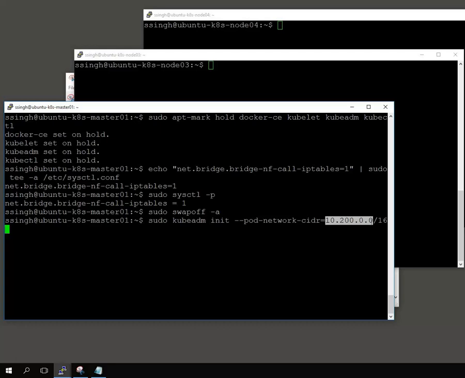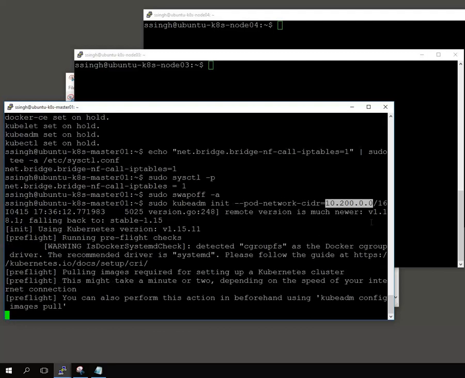Let's hit enter, and first it will go through the pre-flight checks. If you have swap enabled, it will give an error to disable it, and if you have fewer than 2 CPUs on your VM or physical machine, it is going to complain. Also, if you haven't applied the iptables rules, you would see it here.